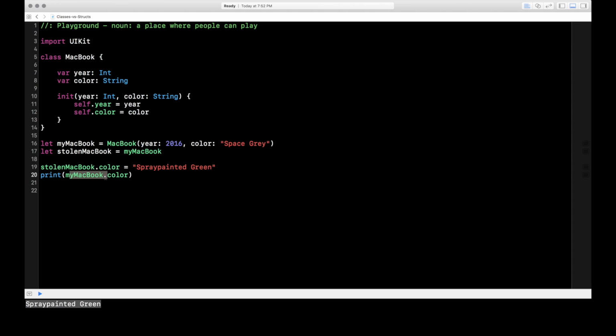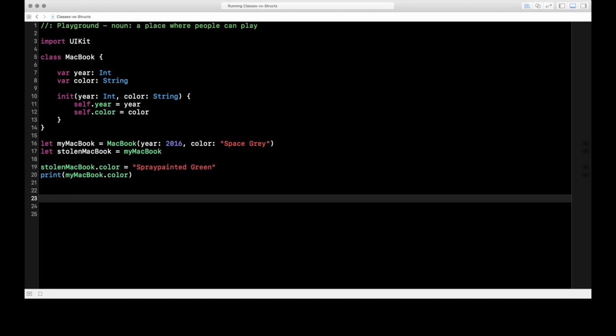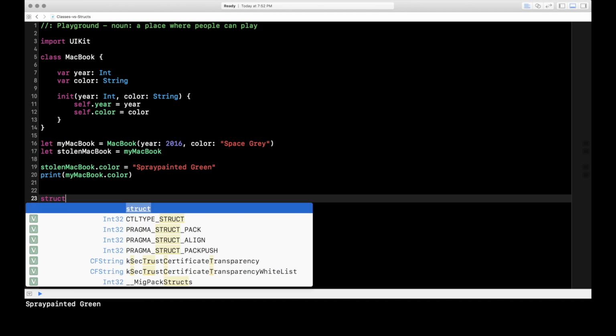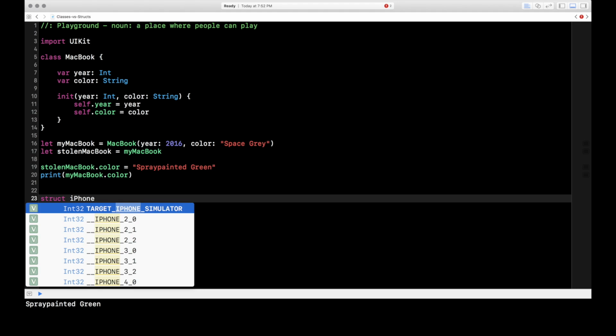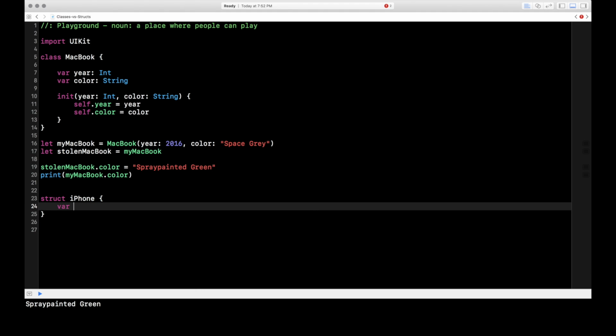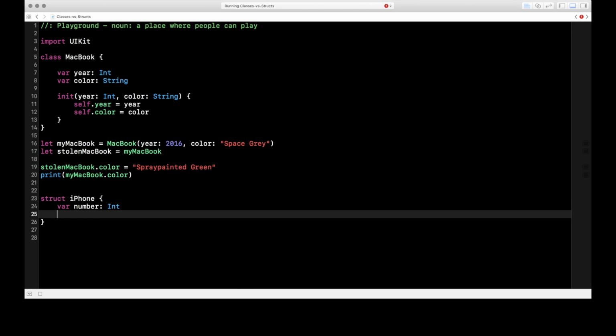Again, classes are passed by reference. So the flip side of that is the value type, which structs are. Structs are passed by value. Let's code that up to really drive the point home. So I'm going to create a basic struct here, struct iPhone, and iPhone has a number, like iPhone 4, 5, 6, whatever, and iPhone also has a color,